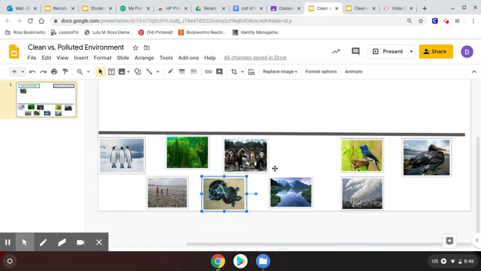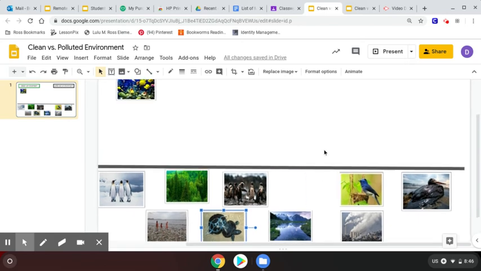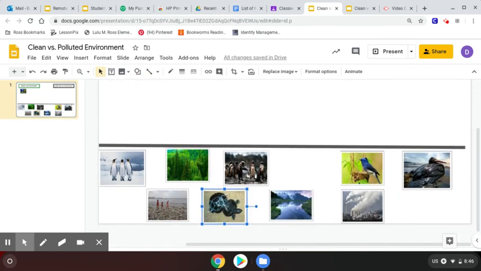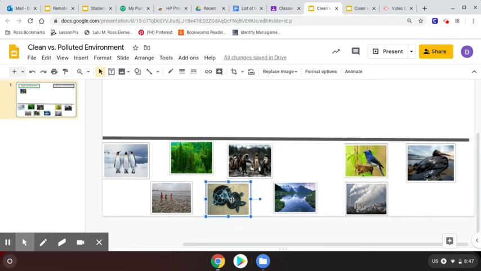Then the next one, let's do a polluted environment. Oh my goodness, look how sad this picture is of this turtle who got stuck in this bottle case here, and his body has now grown. Oh, that picture makes me so sad. So I'm just going to do the same thing. I'm going to click until I get that blue highlighted box. Then I'm going to drag it up to where it says